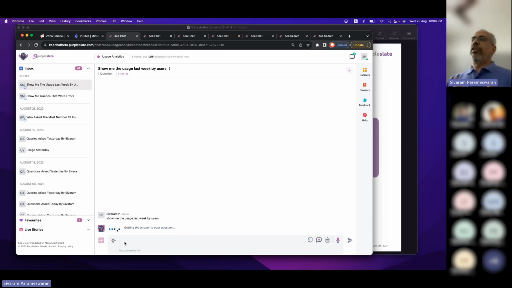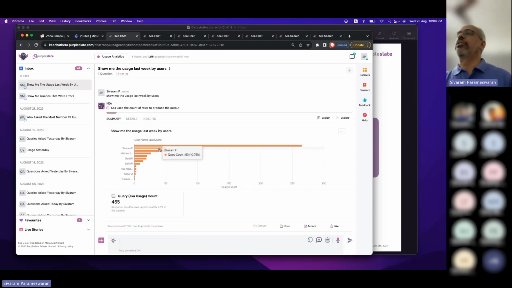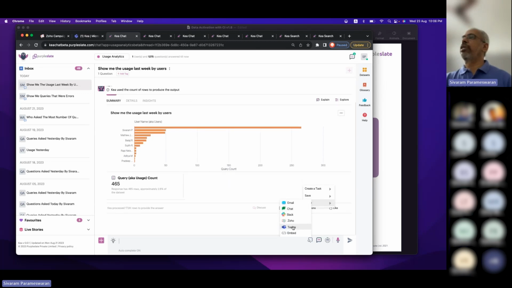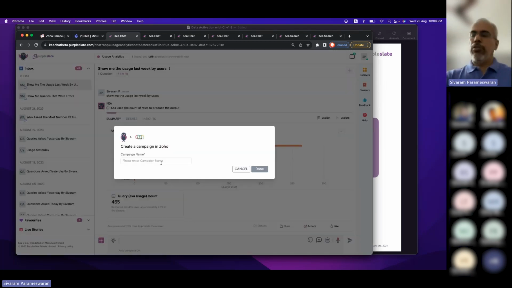I see that this is the way people have used my application. This is me, and then there are so many different people. If there is one user who has used it a lot, or if I know that these are a bunch of users who have not really done something, perhaps I can run a campaign to tell them. It could be an email campaign. I can create some campaign for them with this particular data, whatever I have, right?